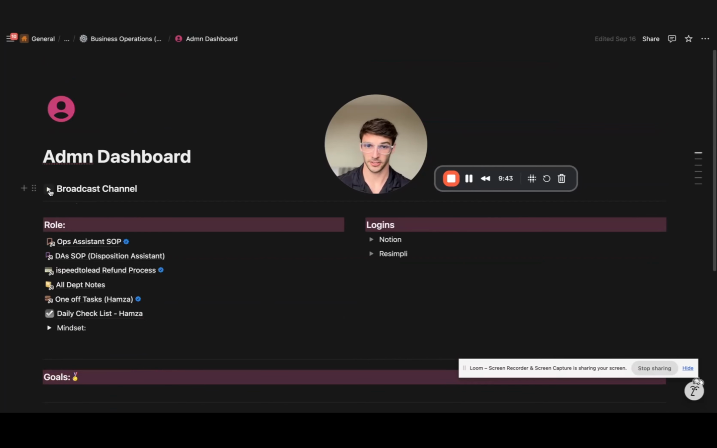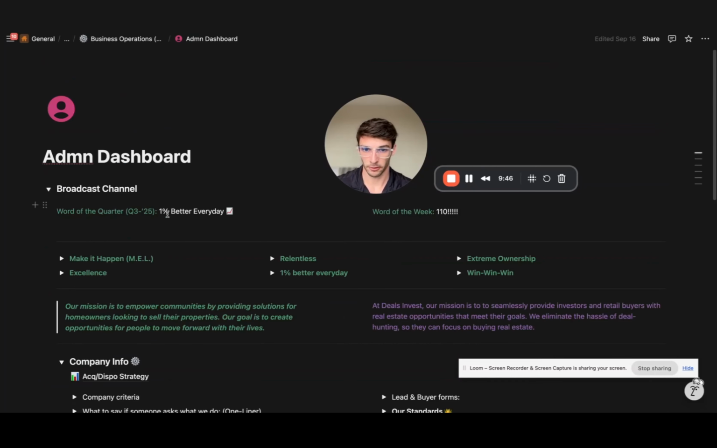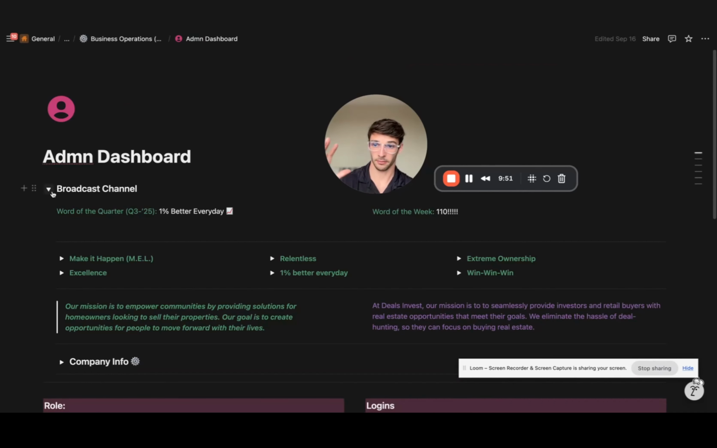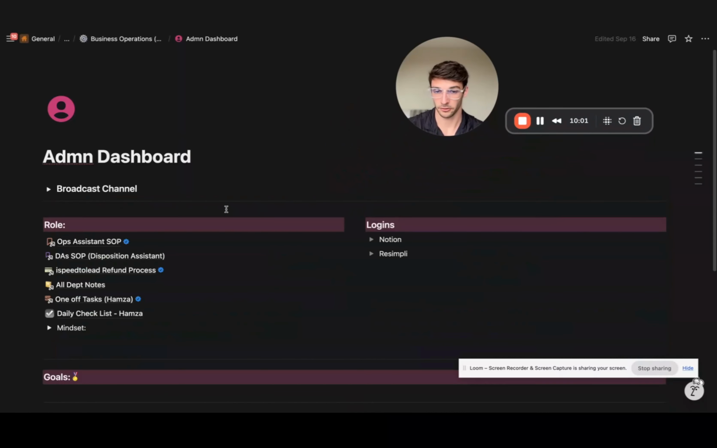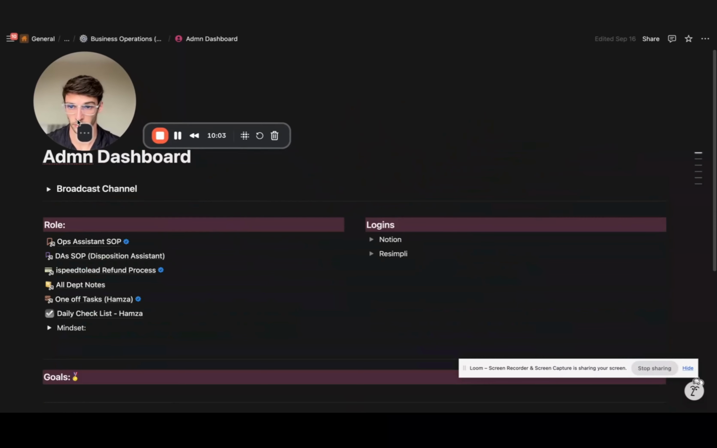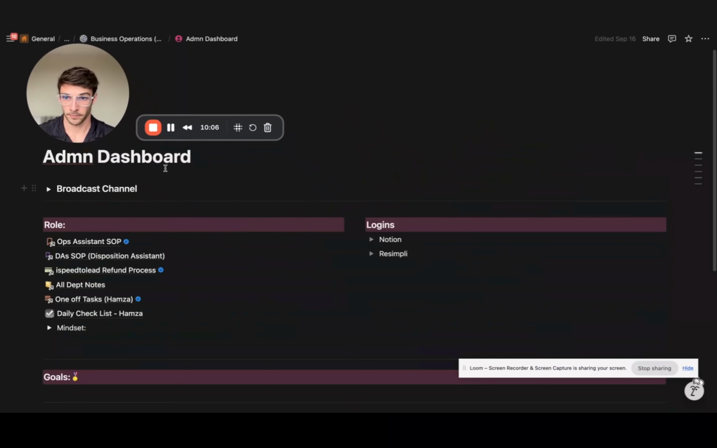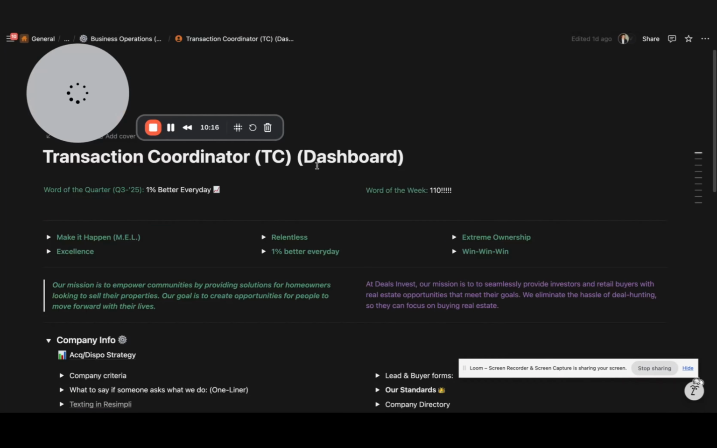And then we have a broadcast channel, which is awesome. You can see, hey, we're the year. Here are our core values, our missions, and all that. And this broadcast is a sync block, so if I were to change something here, it would change on everybody's homepage, which is really, really awesome. So I think it's really cool, this power of sync blocks through Notion. But that's what we do for our people when we bring them on. We give them basically a virtual office so they have a one-stop shop of everything that they need in order to be successful. Here's our transaction coordinator SOP, or not SOP,